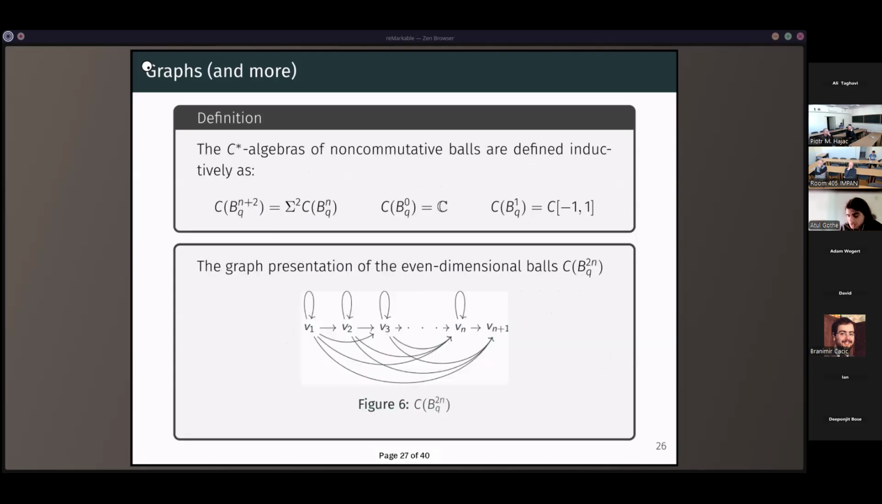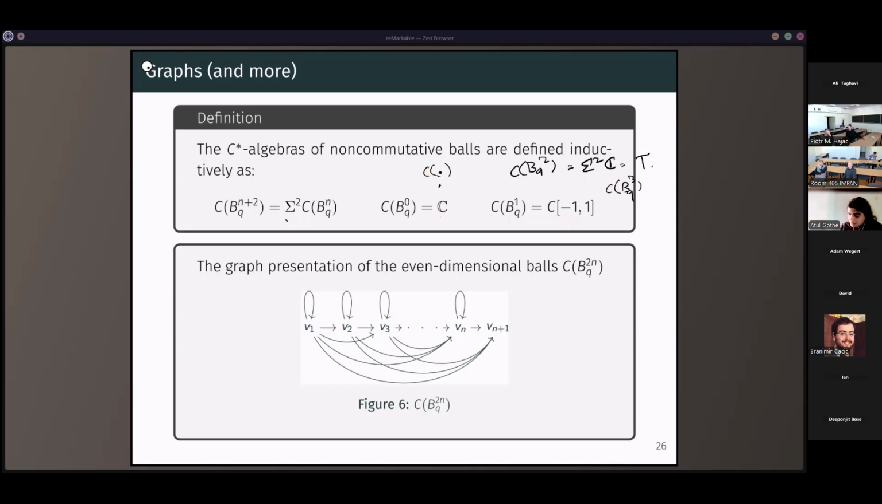C of BQ0 is just the complex numbers. So this corresponds to just a single point, which is the classical 0 ball. And C of BQ1 is also classical, just the interval minus 1, 1. But because we are taking a quantum double suspension, C of BQ2, which is the double suspension of this, is in fact the Toeplitz algebra, or the quantum disk, and so on. So C of BQ3